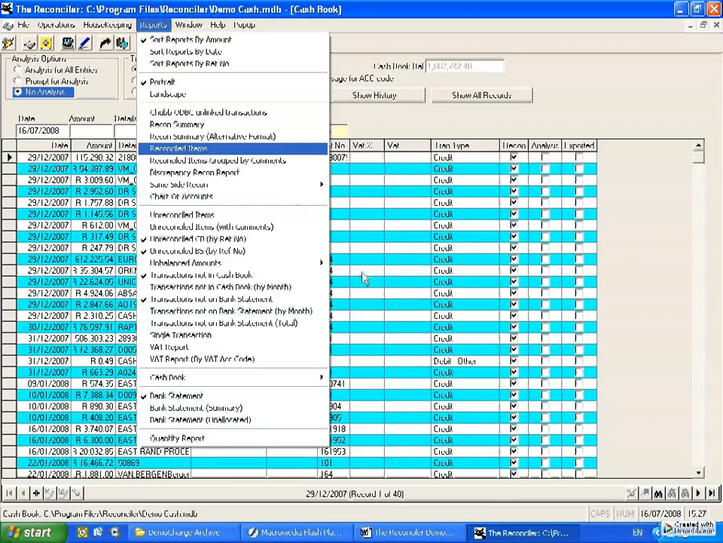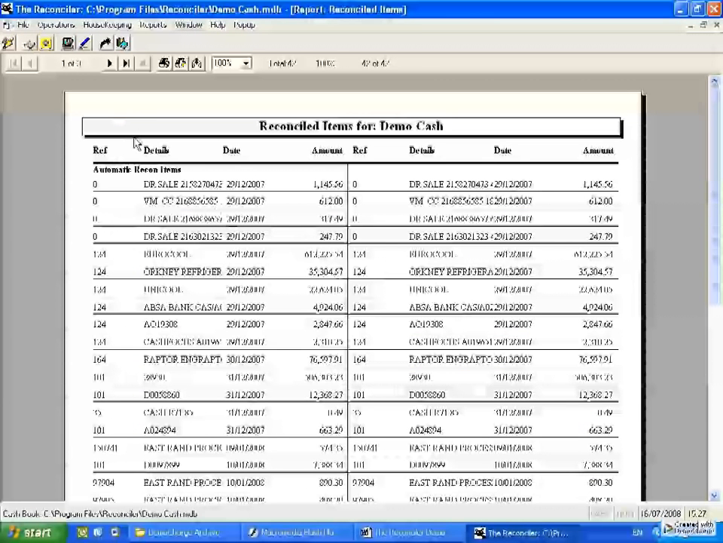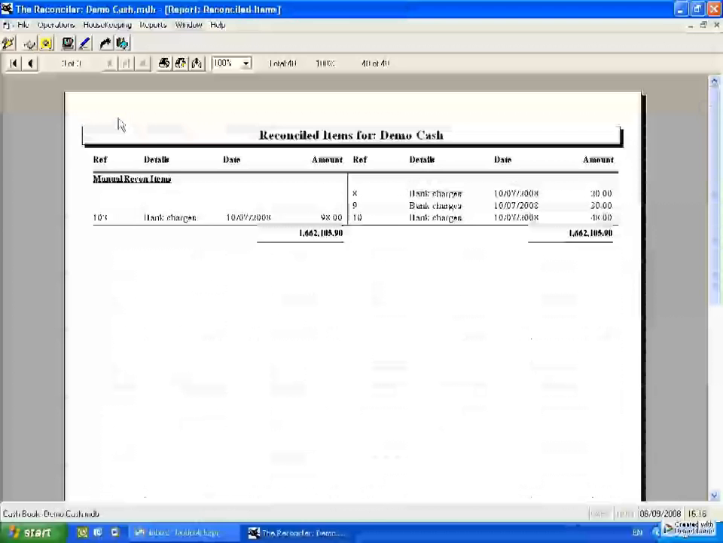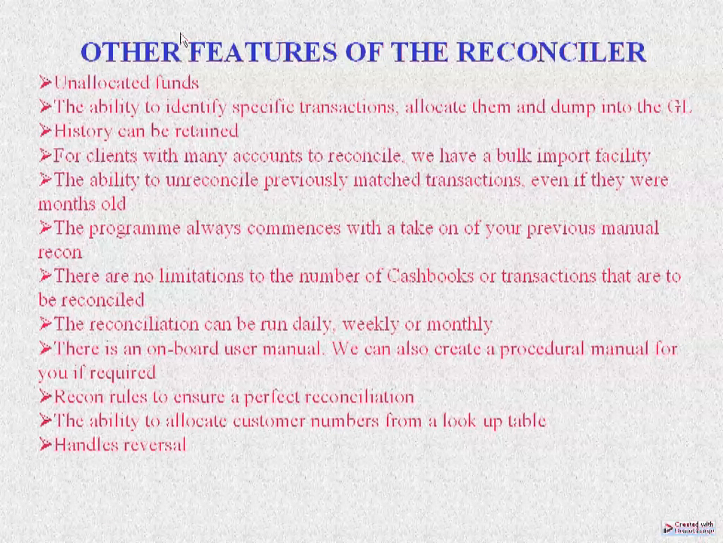We now run a reconciliation report which shows what has matched. The last page of this gives the one-to-many. There are many features in the Reconciler that have not been covered in this demonstration, such as